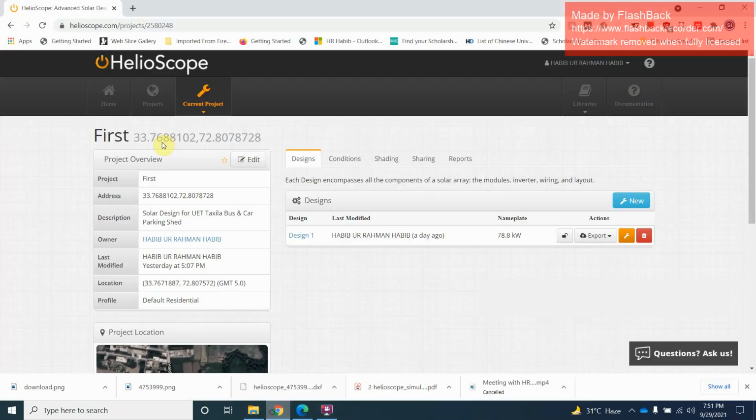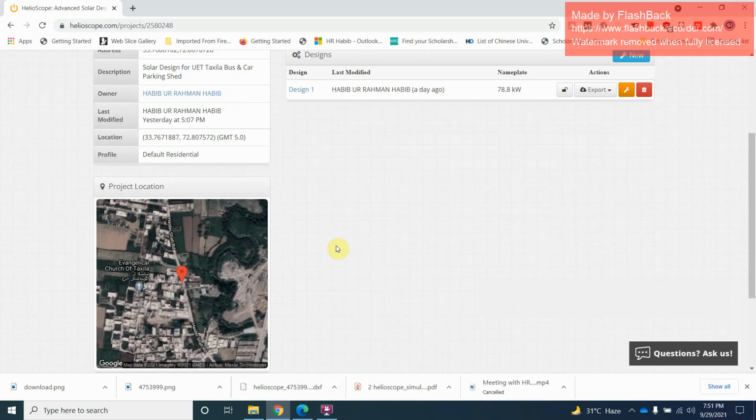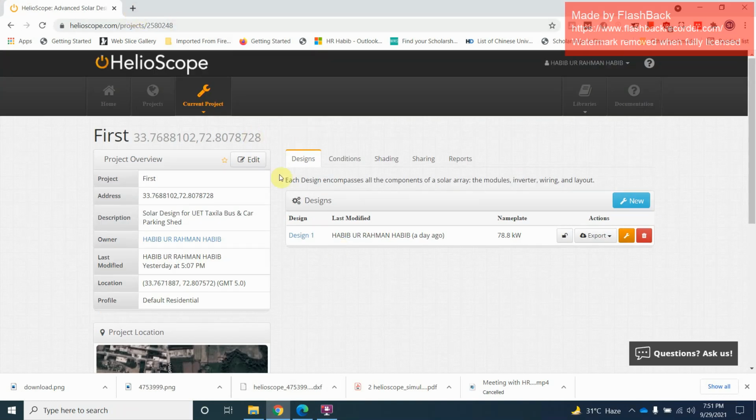So I think you got the point that I wanted to elaborate, and you will just start. You can email HelioScope. You can open the HelioScope website and contact them for the trial version. I was trying to sign up on the website, but I could not. So I sent them an email, and they sent me the link and asked me to sign up from there. Then I signed up from there, and it was successful. So you can do it like that. Feel free if you have any